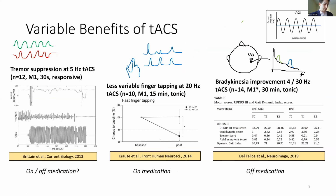That gives you an idea of the technology and how we think it's working, at least with direct threshold modulatory effects. Now I'd like to move on and give you an overview of the current evidence of using TDCS and TACS for treating symptoms of Parkinson's. This is a growing field, so there are not a large number of studies, but there are some,